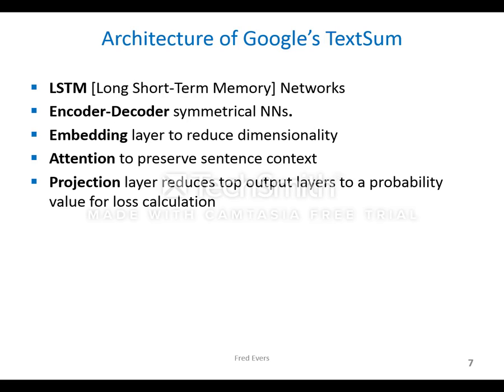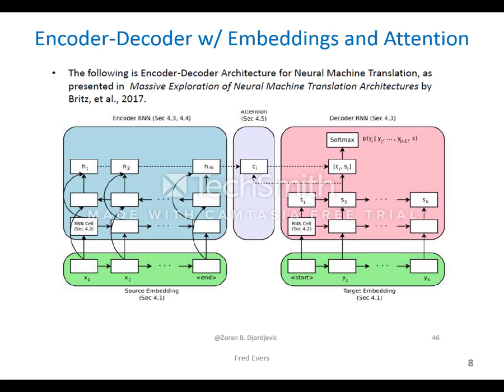The TextSum version, which qualifies as a kind of baseline version for what we are about to study, adds a few additional features to the standard model I just described. One of them is a layer which represents attention, which preserves sentence context to address the idea of forgetfulness that I mentioned just a few seconds ago. So here's a representation, a diagram taken from our class, which shows the attention layer in between the encoder and decoder